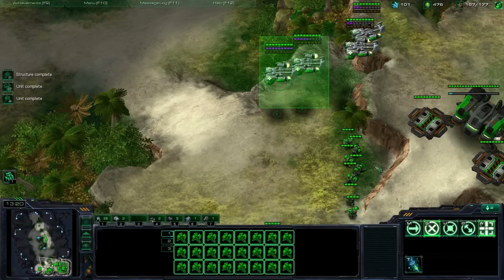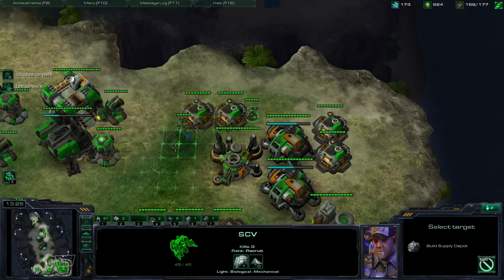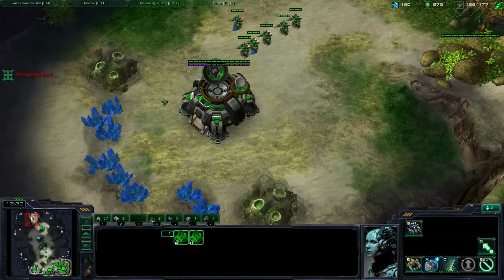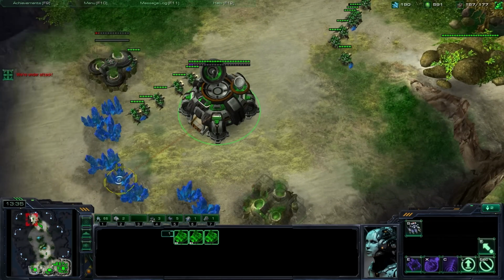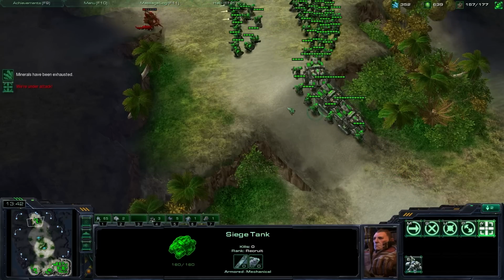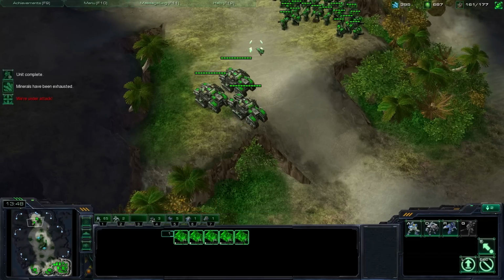Keep making Marines. Yeah, I missed all of those guys, so we'll send them all up. Send them up to the front. Keep our depots going. Make sure we throw that guy on a hotkey. And, oh no, he's killing my stuff. So we just kind of siege up. You can do more abusive sieges on some maps, but